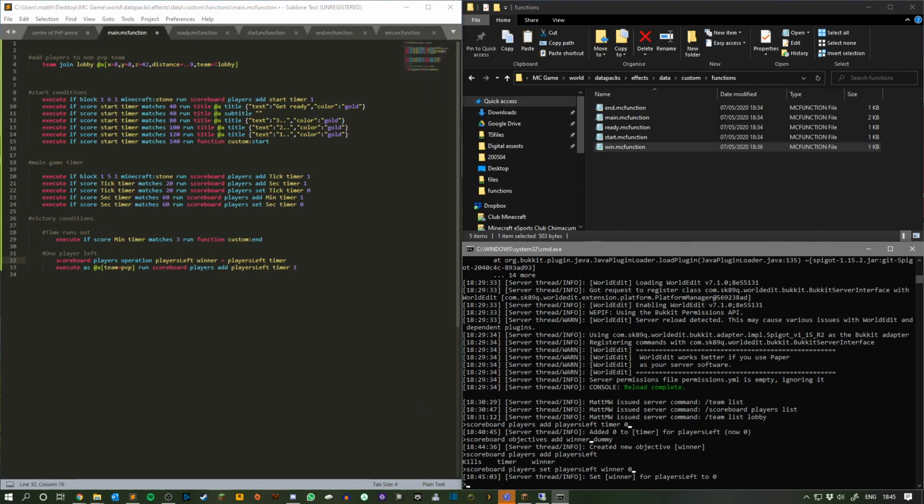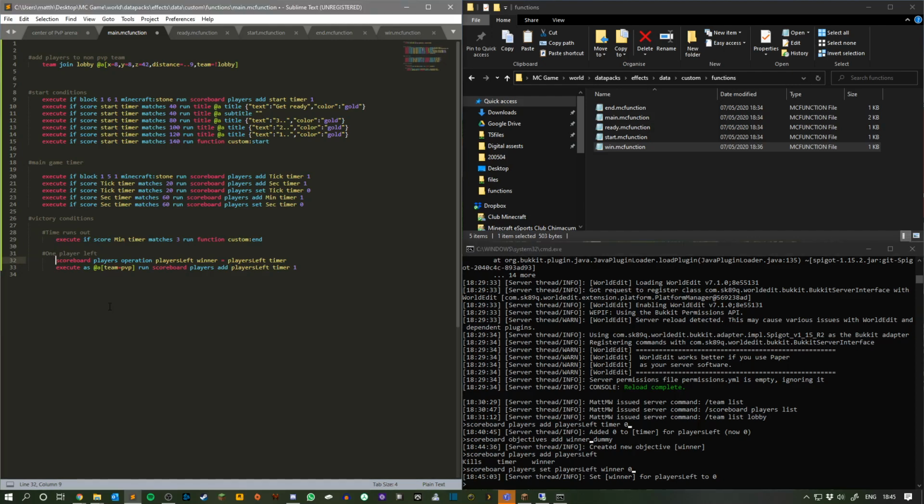Okay. So now that we have our scoreboard logic to track the number of PvP players left, there's our 2 bits of code. Now we need our victory condition to run should the players left equal 1. Should there be 1 player left? So we're going to